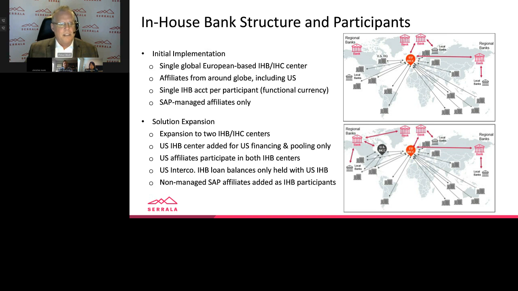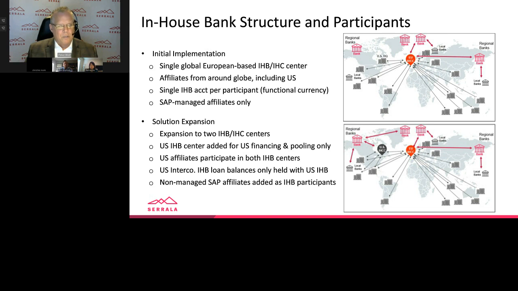So as Jim identified, there are exits, there are interface opportunities to be able to connect SAP, output from SAP, to deliver it to other systems, or even to draw information from other ERP systems to allow affiliates that are managed on other platforms to be incorporated into the in-house banking process, and thereby, as Jim identified, into their cash management process and intercompany loans management process, to really consolidate and centralize that visibility and exposures visibility, but while not having to get them immediately onto SAP.